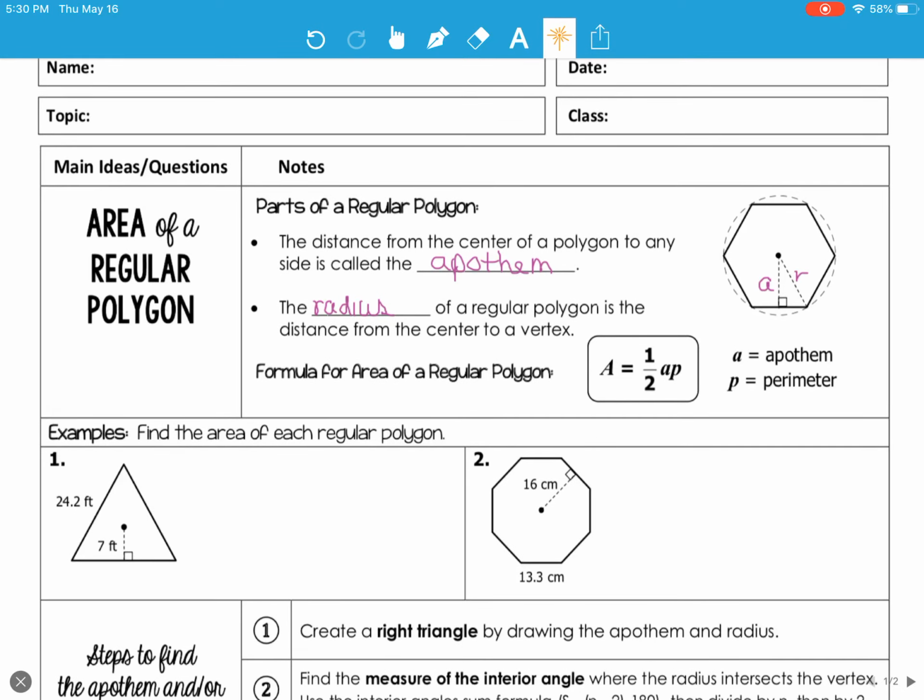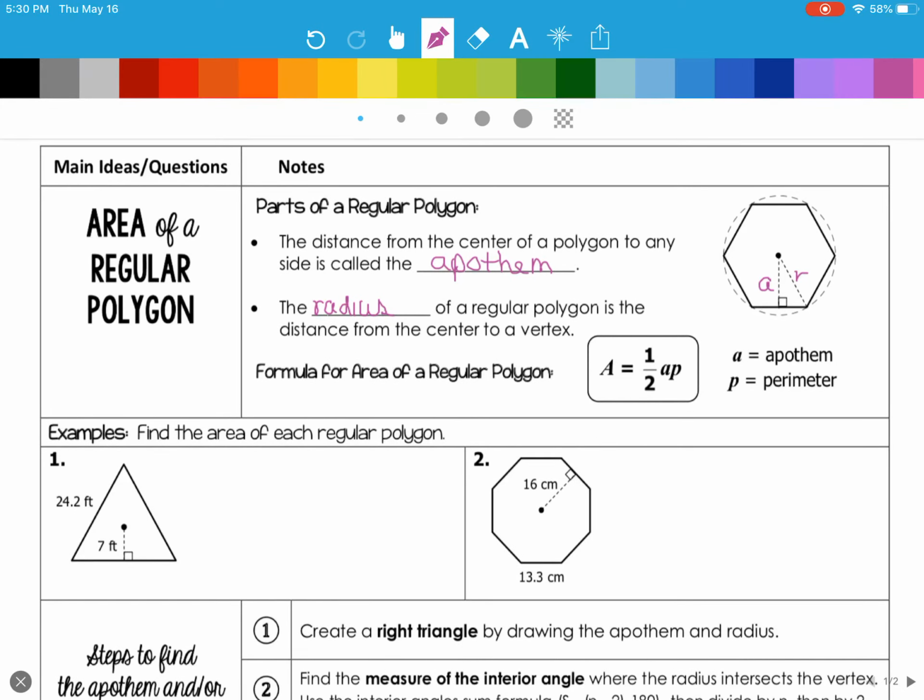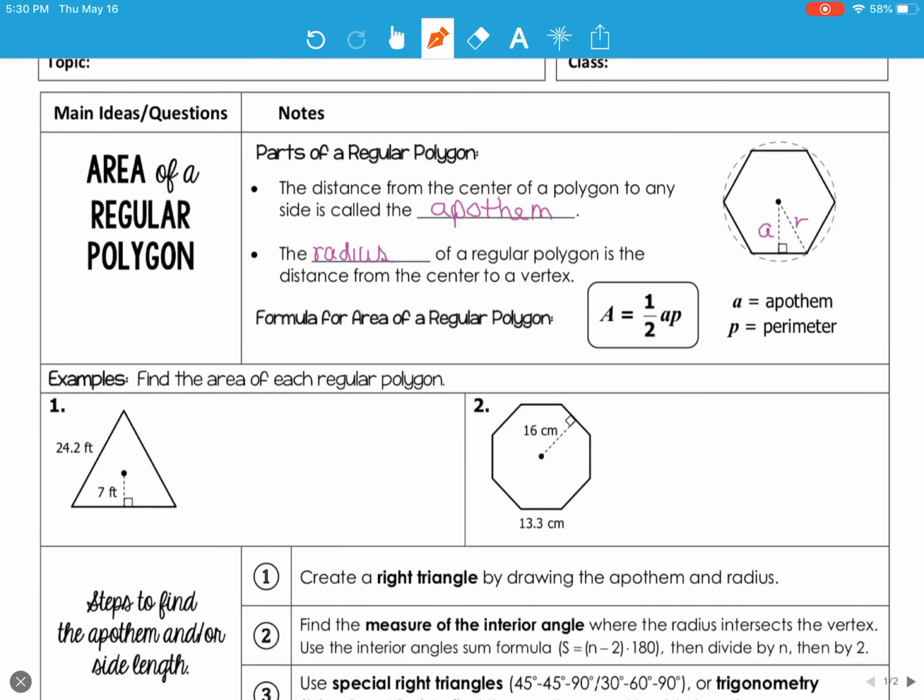Okay, let's start off with some basic problems actually. So in number 1, if I asked you to find the area of each regular polygon, the first thing that you would want to do is to find your apothem, and you want to find your perimeter. So the apothem is given to us. It's that 7 feet right there. The perimeter we can easily find because we know that one side of this regular polygon is 24.2 feet. And because it's regular, so are the other two. So all I'm going to do is take 24.2 and I'll multiply it by 3. And that'll give me my perimeter, which is going to be